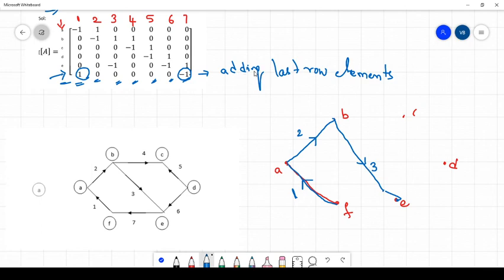Fourth branch, B and C. In between B and C it is connected, and C has the negative value, so the fourth branch is towards node C. Next, the fifth branch is connected in between C as well as D. D has the negative value, so that is towards the direction of the D node. Next, the sixth branch is connected in between D as well as E. The D node is here and the E node is here, just join those two. E has -1, so it is towards E. This is the sixth branch.